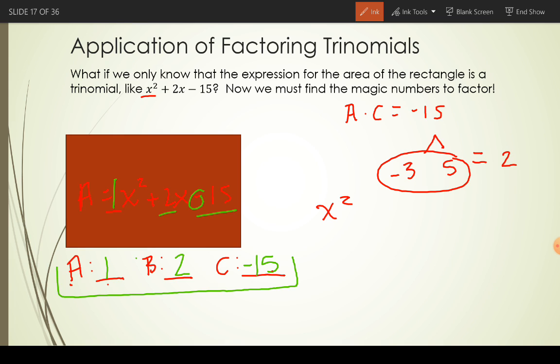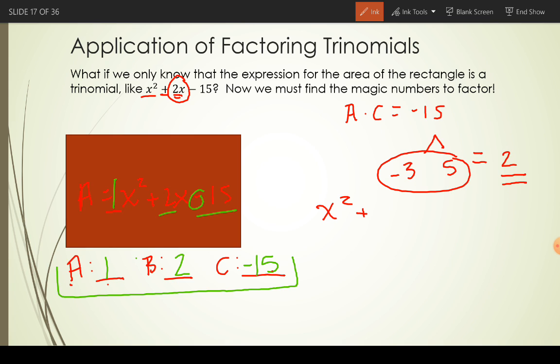Plus, because there's a plus sign next. Now I have 2x. This is where the magic numbers come in. Notice that this b value is equal to 2, which is the same value in my original equation. I'm going to replace 2x with my magic numbers. So I'm going to break down 2x into two numbers that when I add them together, I get 2x.